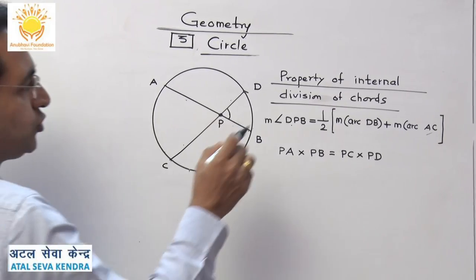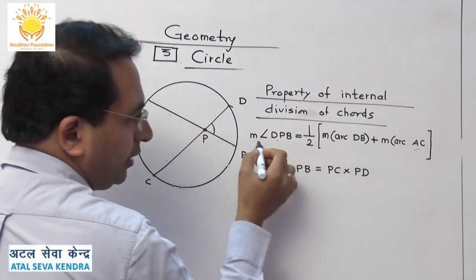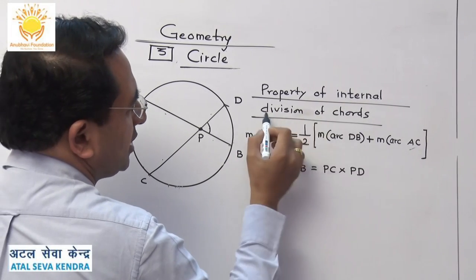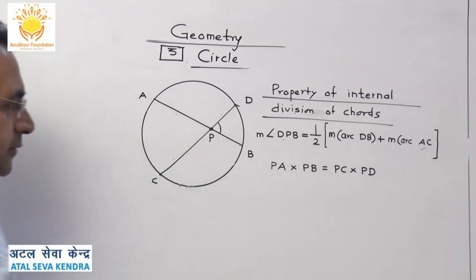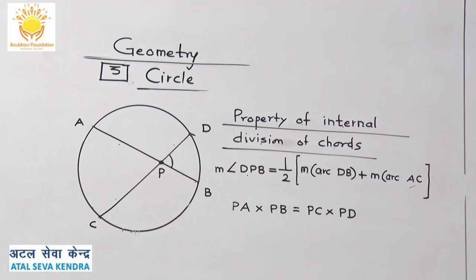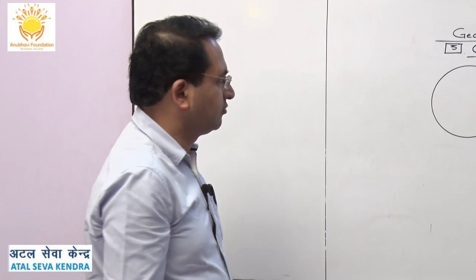They have not used this word, but basically when you write this particular property, you please write down the reason as property of internal division of chords. I hope this is clear to you. And the last one now for this one,